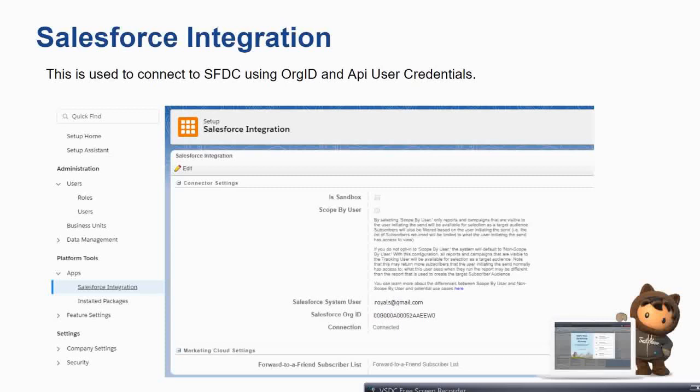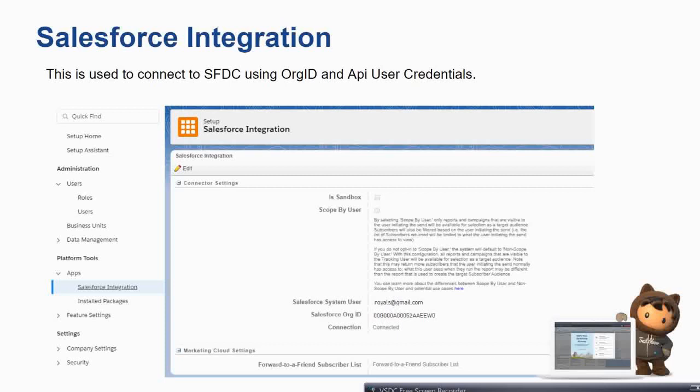In simple terms, you will be providing the API username and password, and then it will be a two-way communication, a two-way handshake, and these two platforms will get integrated with one another.